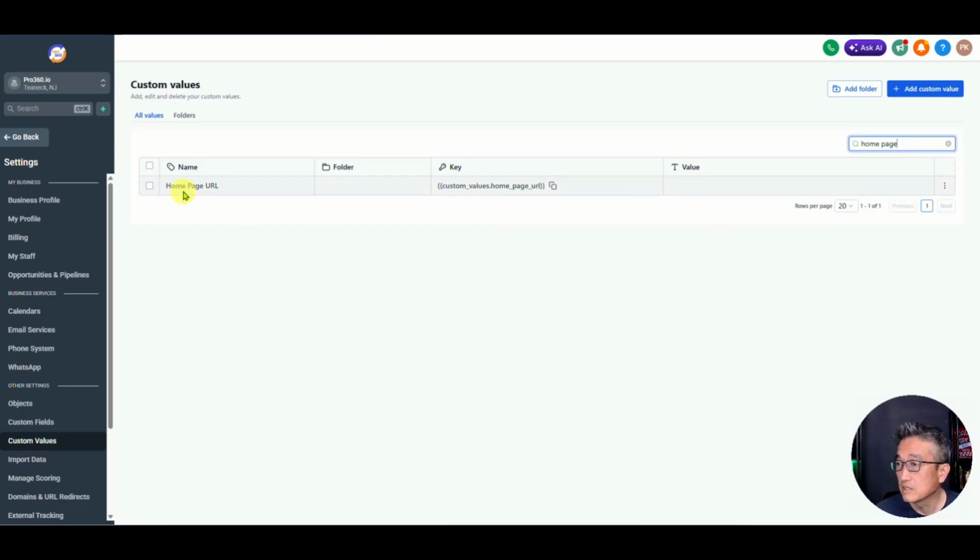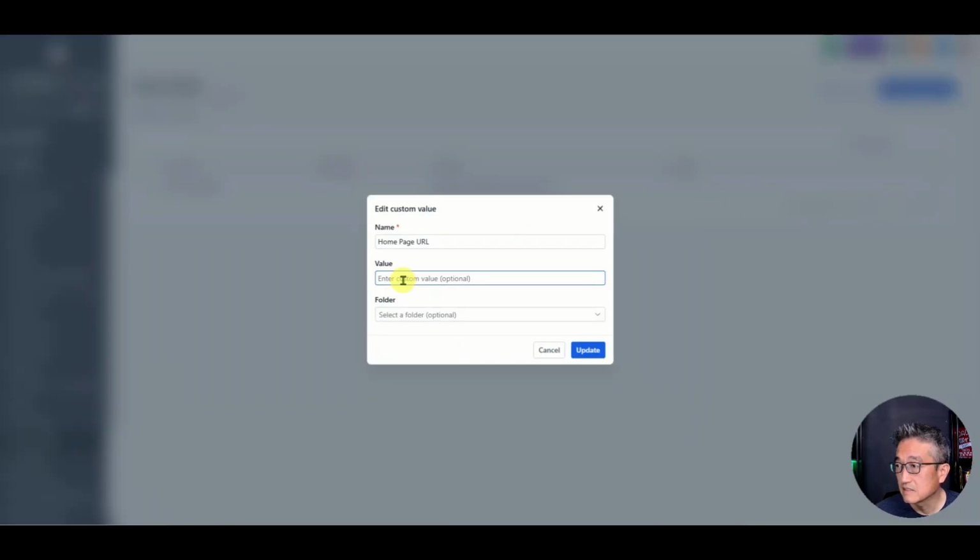So there we go. And so I'm going to modify this, and the value here is going to be HTTPS, okay, and then it's going to be pro360.ai, okay, and then update,